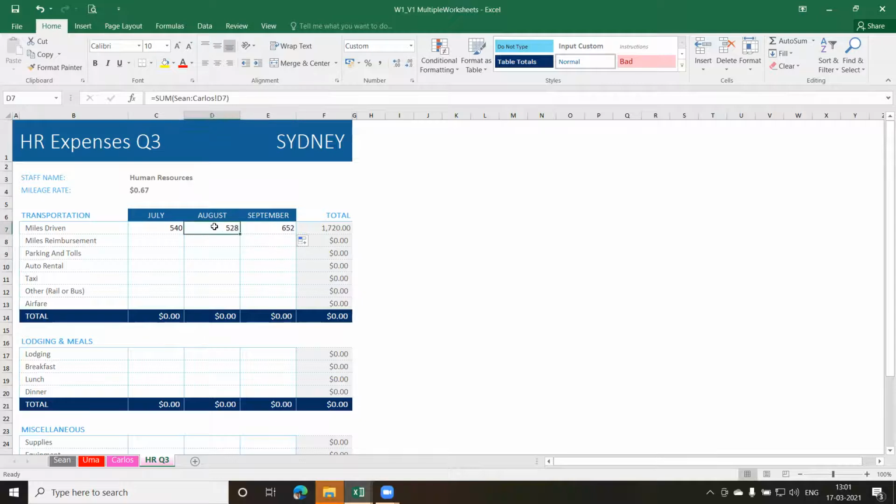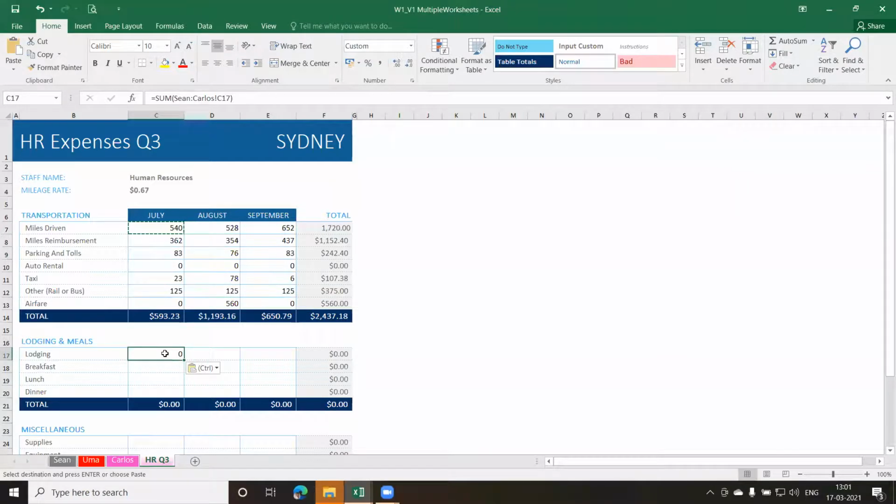When I drag this across, what happens? Look at the function. Now it is D7. When I'm here, it is E7, because the format of my sheet is the same throughout. There's no problem. So for these 3 months, I can just drag this down and I get the final answer. If you want, you can just copy this function, Control C, and paste it here as well, Control V.